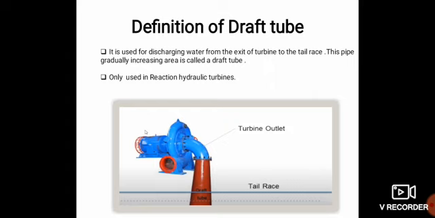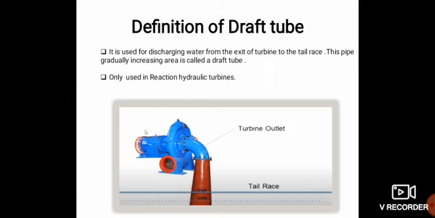In the case of a reaction turbine, the pressure and kinetic energy at the inlet are maximum. After the water passes through the runner, basically all the pressure energy is converted into kinetic energy at the outlet of the reaction turbine. At the outlet of the turbine, the pressure falls below atmospheric. So we have to remove this water from the turbine, or we can say from the scroll casing. We have to attach a tube whose cross-section area gradually increases.